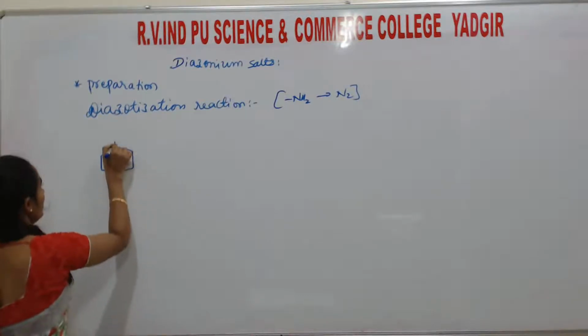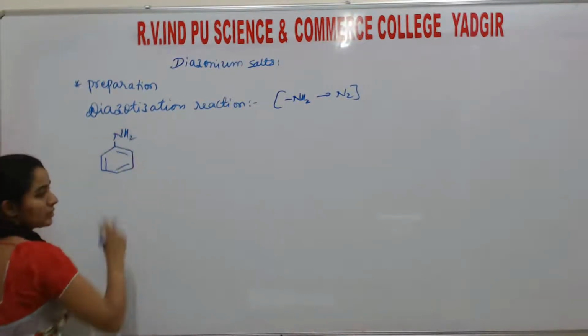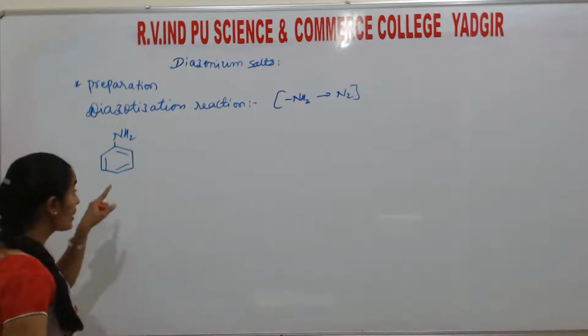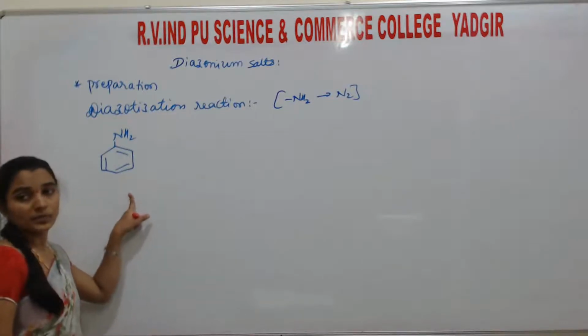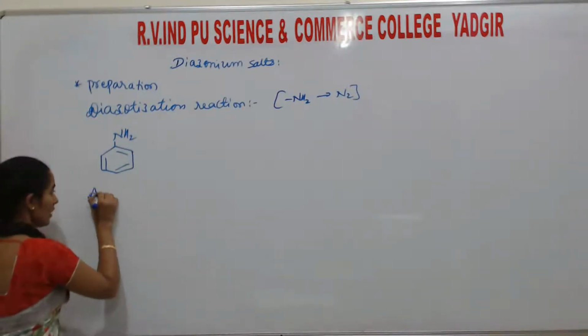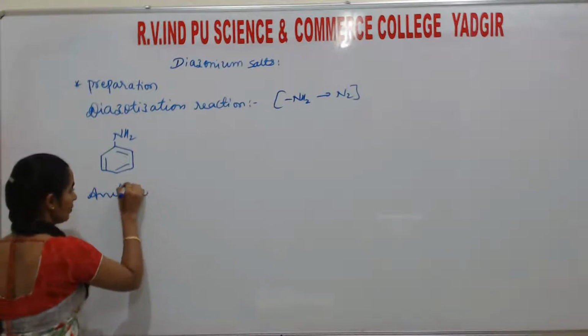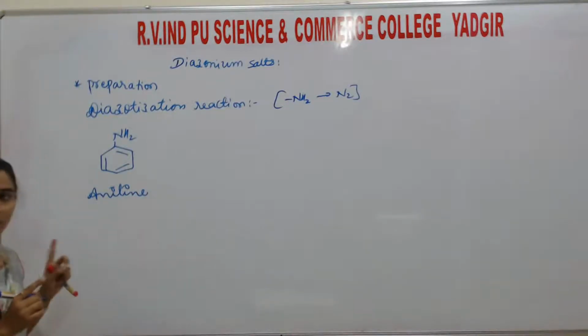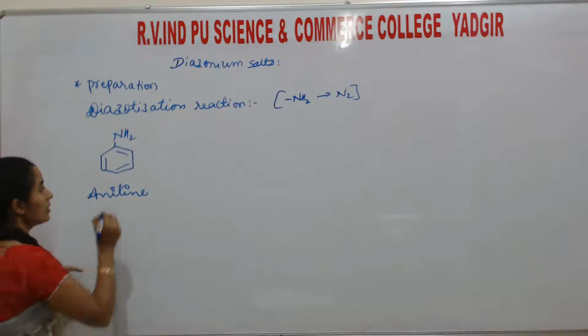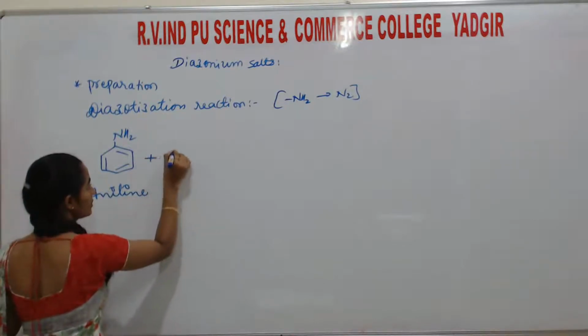Amine we have to take. This is NH2. Primary aromatic amine especially. So this one is aniline. Example for what? Primary aromatic amine. So when it reacts with